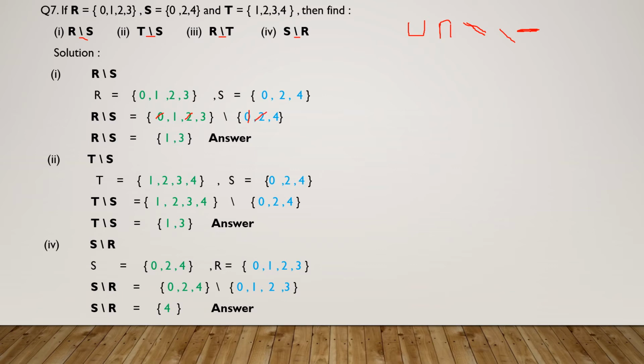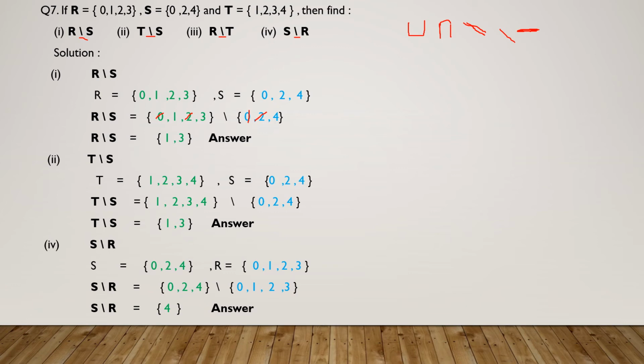Well, our work has completed. Now 1 is not here, 3 is not here. So we will write in the difference all the remaining elements of the first set, 1 and 3. We will not write this 4. We will write only the elements of the first set, that are 1 and 3, and this is the difference. Hope you understand. The difference of two sets contains all the elements of the first set which are not present in the second.